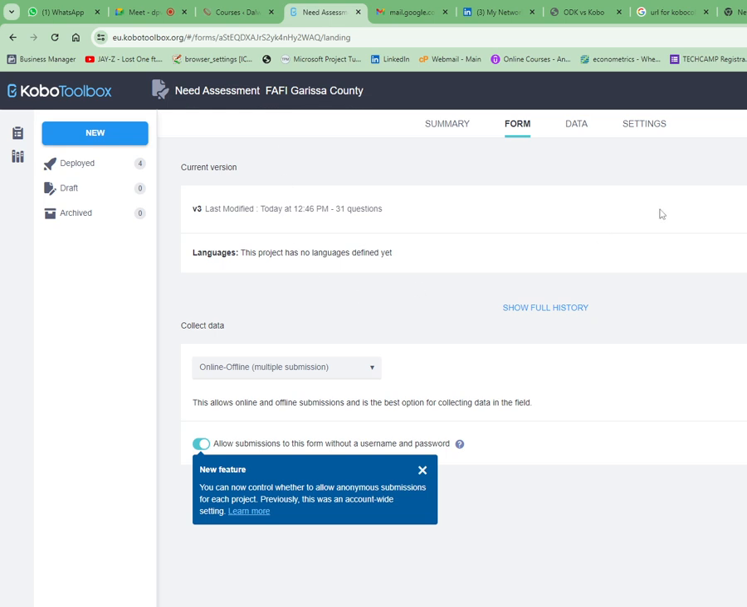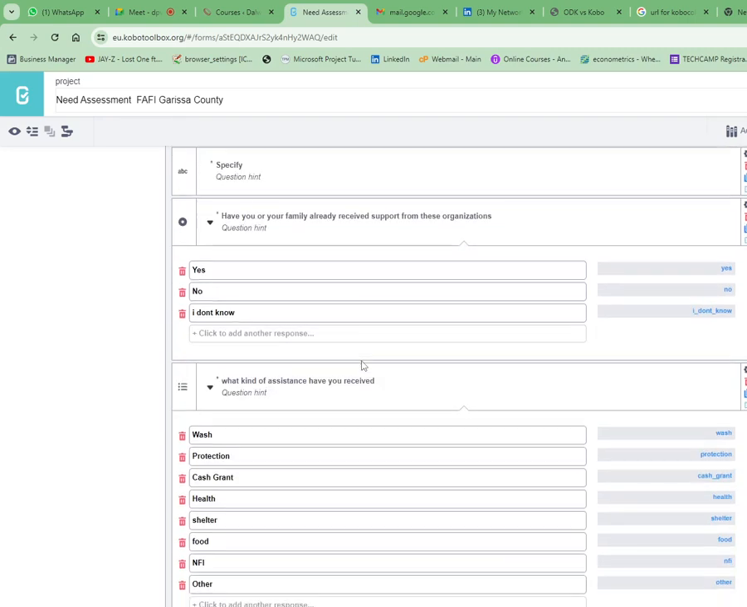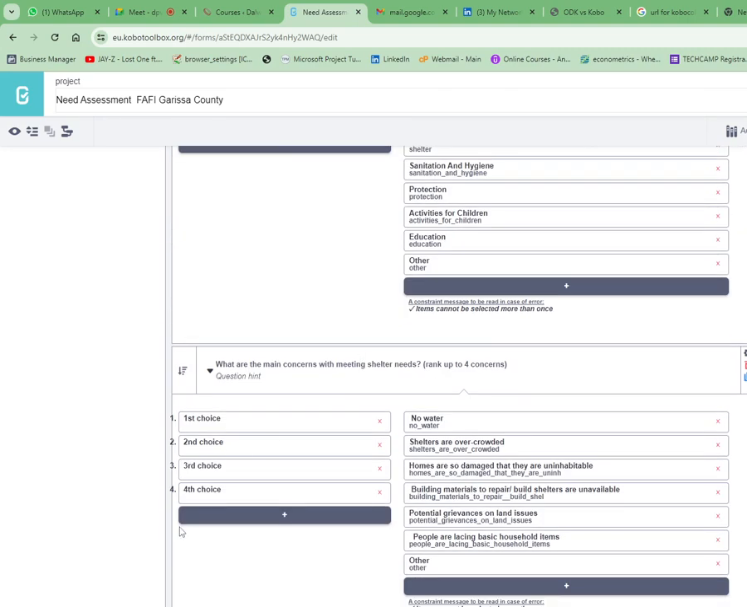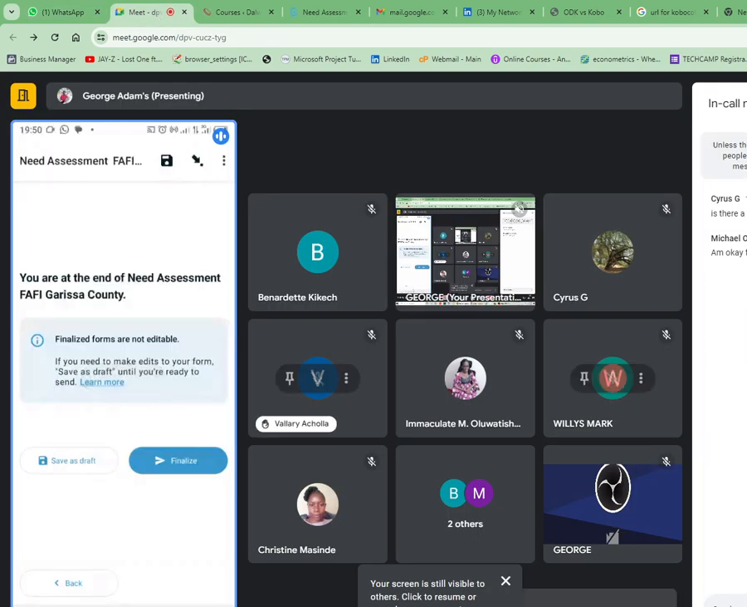So let me quickly make a slight adjustment again. I add GPS coordinates in the same form. So this is the same form. After question 3, I will add a new question. But now I'm having this question outside the